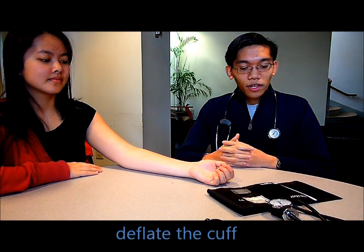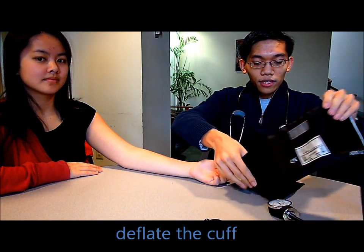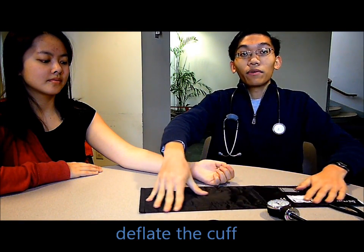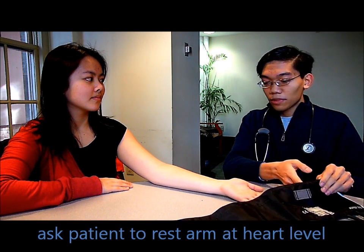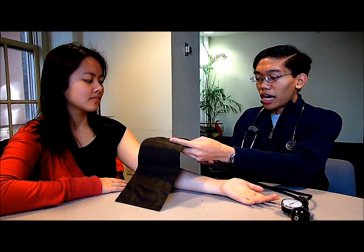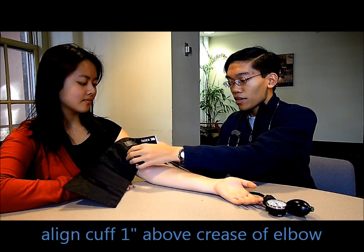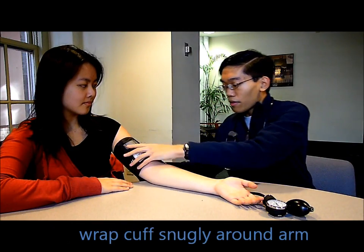First, make sure that the cuff is fully deflated before beginning your blood pressure screening. To do this, place the cuff flat on a surface and ensure that all the air has been evacuated from the bladder. Either the left arm or the right arm can be used. Have the patient extend their arm on a flat surface and rest it with the palm up at approximately heart level. Take the cuff and align the bottom edge of the cuff approximately 1 inch above the crease of the elbow. Ensure that the artery markings are facing up and wrap the cuff snugly around the arm,